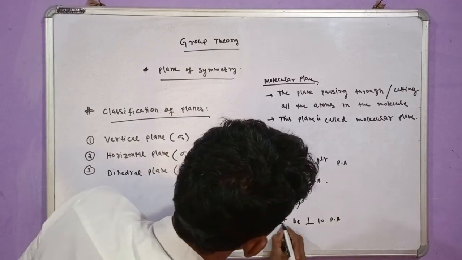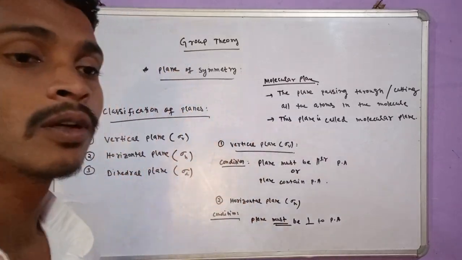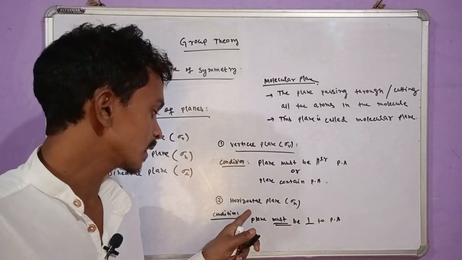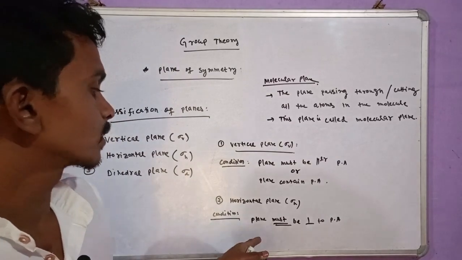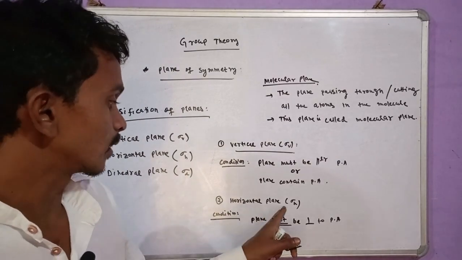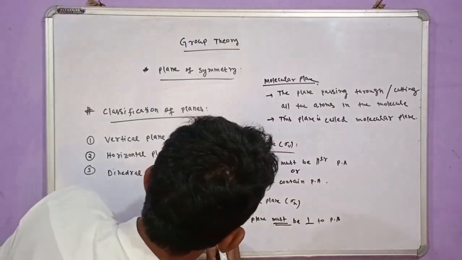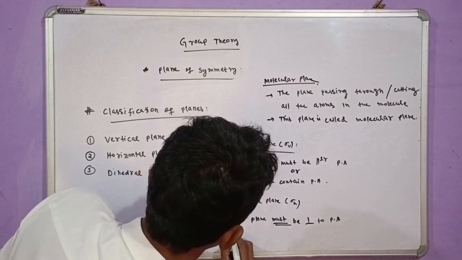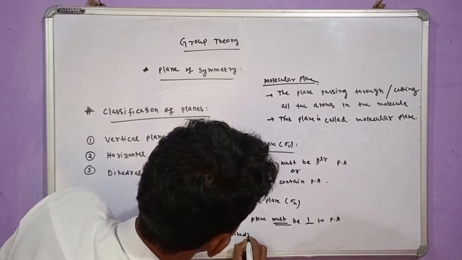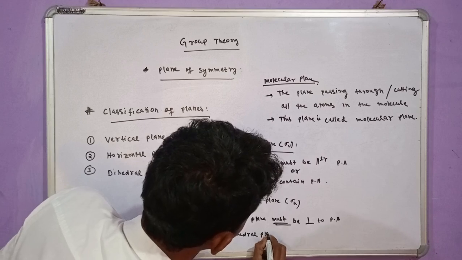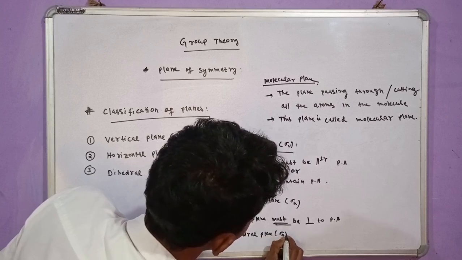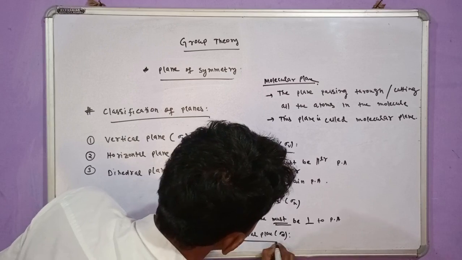Okay, that must be perpendicular to the principal axis. In that case, that plane is called the horizontal plane, or sigma h. Okay, and for dihedral planes, the dihedral plane is sigma d. The condition is